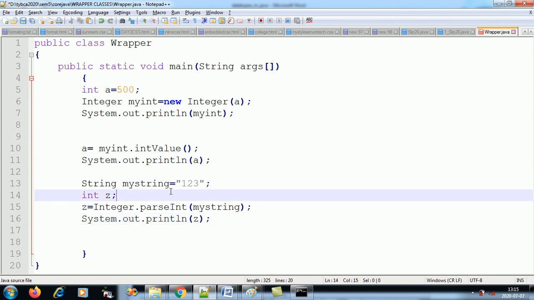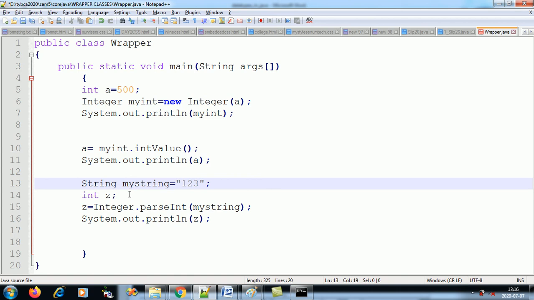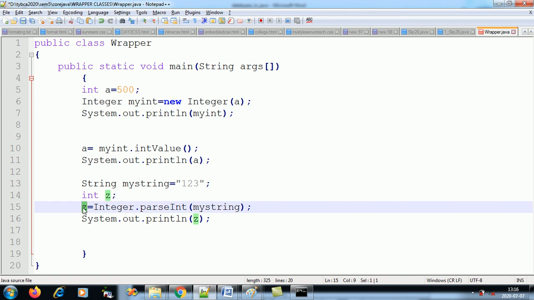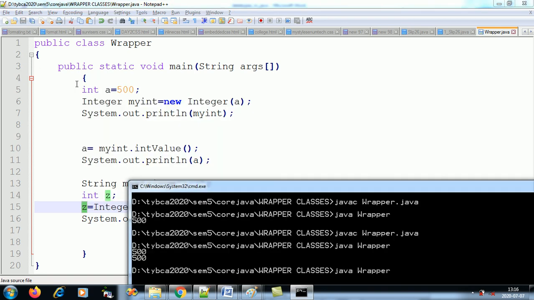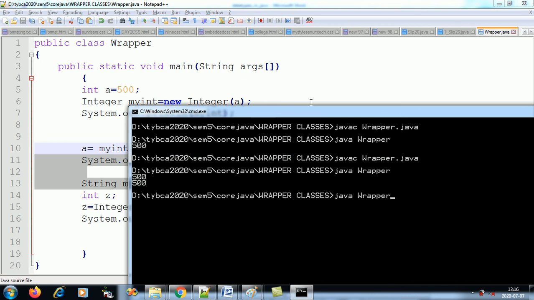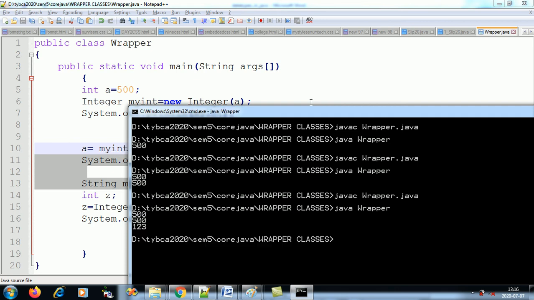So what have I taken? I've taken a numeric string, taken an integer variable z, converted this numeric string into a primitive and displayed the primitive. Compile, run, should display 500, 500 and 123.